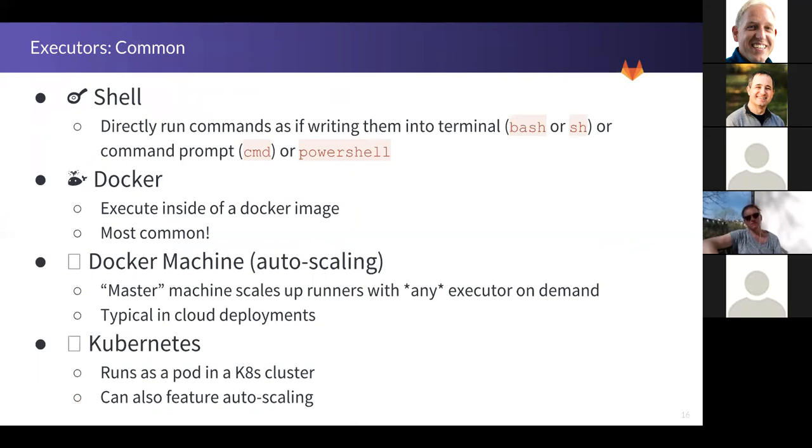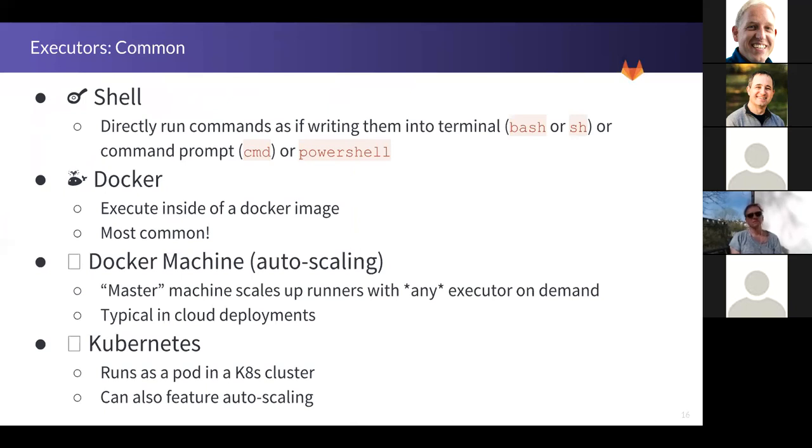Then next is Docker. That's probably the most common executor. What this does is it says, first spin up a Docker image, then execute everything in my script inside that Docker image. So this is, again, the most typical build and really where a lot of the power of GitLab CI/CD comes from, because as a developer, I can just choose the image I want to start from with all the dependencies I need, and then build inside of it. And then that image goes away and is dead at the end of my build. It's very ephemeral, and I don't have to worry about anything on the machine or having a specific machine be turned on and connected. It's really useful for that.